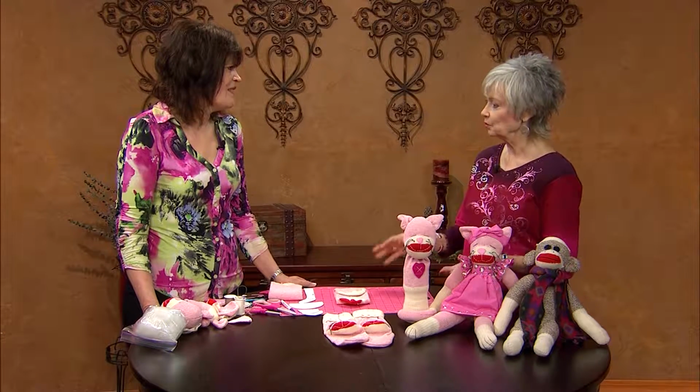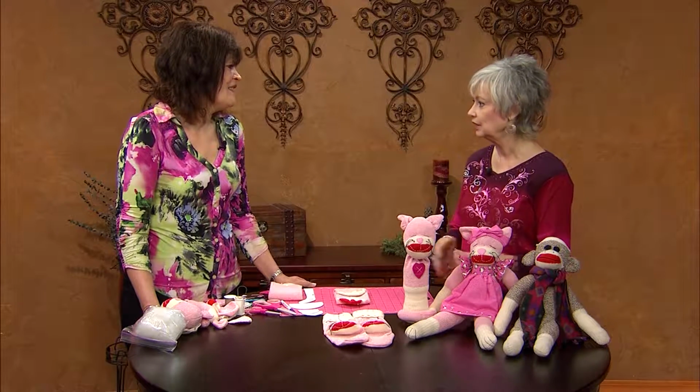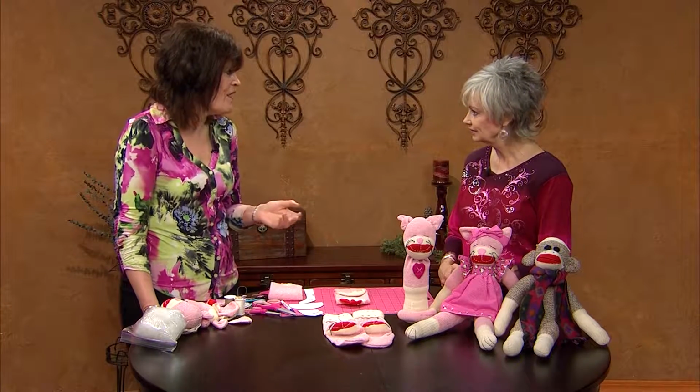When you said we were going to do sock monkeys, I thought, I remember that. I think everybody had a sock monkey 20 years ago, but I didn't know they were even still popular. They've actually really resurfaced as extremely popular, and the Fox River iconic red heel sock has been around, and with every pair of socks that they sell now, there is a pattern on how to make a sock monkey. If you've seen some of the magazines, they've got sock monkey hats, and they're done in all kinds of different colors. Now they come in pinks and blues, still with the traditional red heel,